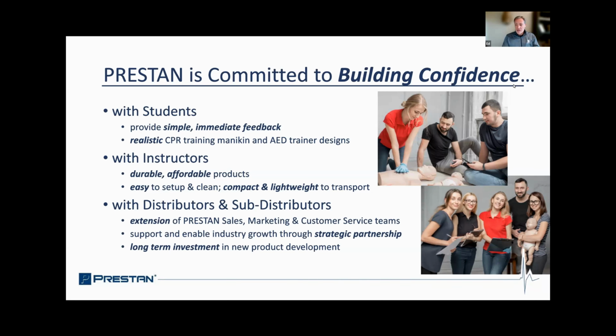And we're giving that instructor also a tool. So when we look at development, we look at how we're going to make these products. The instructor is also very important. We have to make sure that they want something that's very durable, affordable. This is a tool for them in their business. So it has to be a very durable product. It's got to be easy to set up, easy to clean. We don't want to give them a lot of things to do when they're doing all these steps. And so we're taking both the student and the instructor into consideration from a development standpoint.